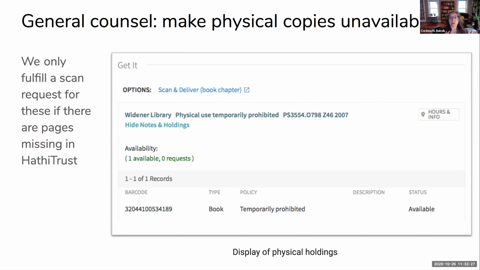But for any title that we do have access to through ETAS, we make the physical copy completely unavailable. So we ended up putting everything in a sort of virtual temporary location in Alma. And how we display it to the user is that where we would usually have the name of a location within a library, now it says physical use temporary prohibited. And the policy in the item record, which would usually say something like semester loan, now says temporarily